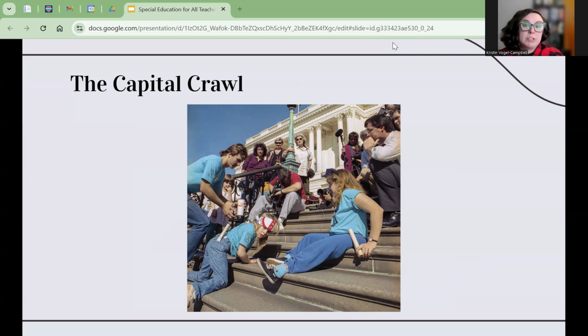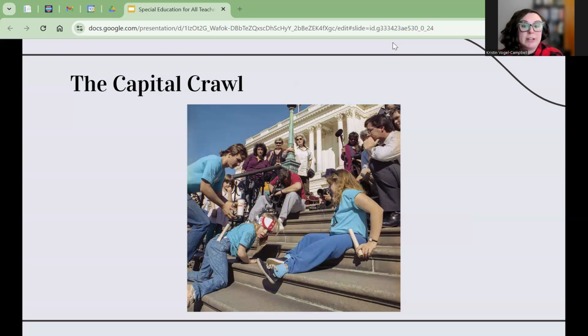So this protest was organized by ADAPT, a grassroots disability rights group. And it took place as part of the Wheels of Justice rally advocating for the ADA. Around 60 activists participated in the crawl. One of the most notable